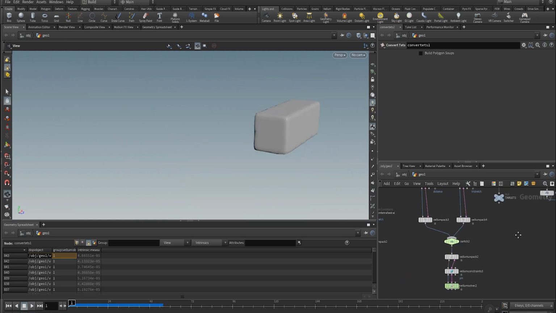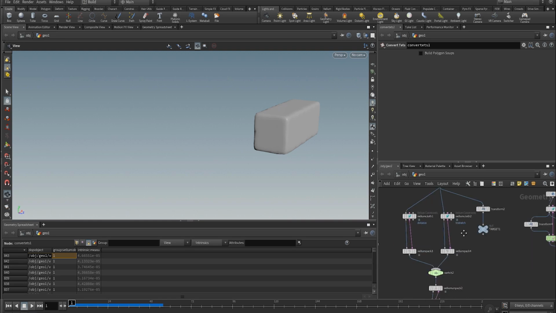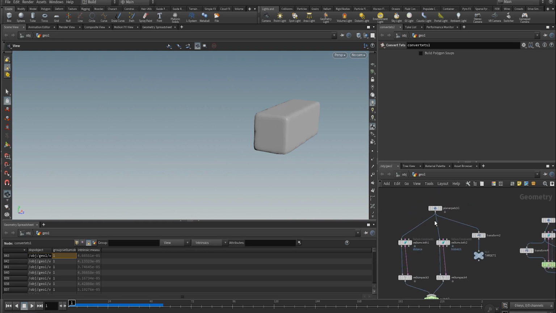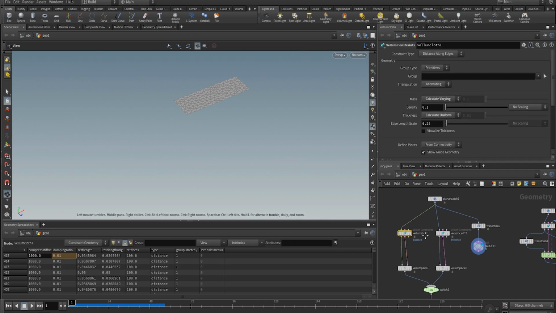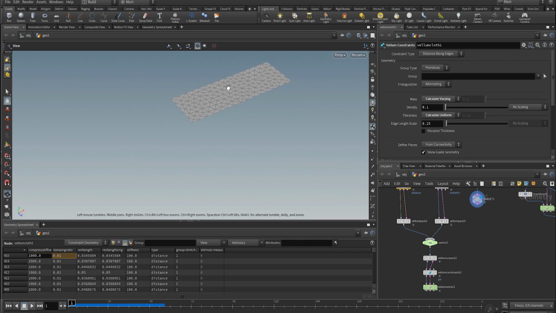And you can see the same effect on triangles. So here we've got a similar setup. We've got just a small patch here. And again, the target animation is just to stretch it out. And if we just do distance along edges, which is how cloth works, for instance, by putting a distance constraint on each one of these edges of the triangles and solving that, then we'll see we get,